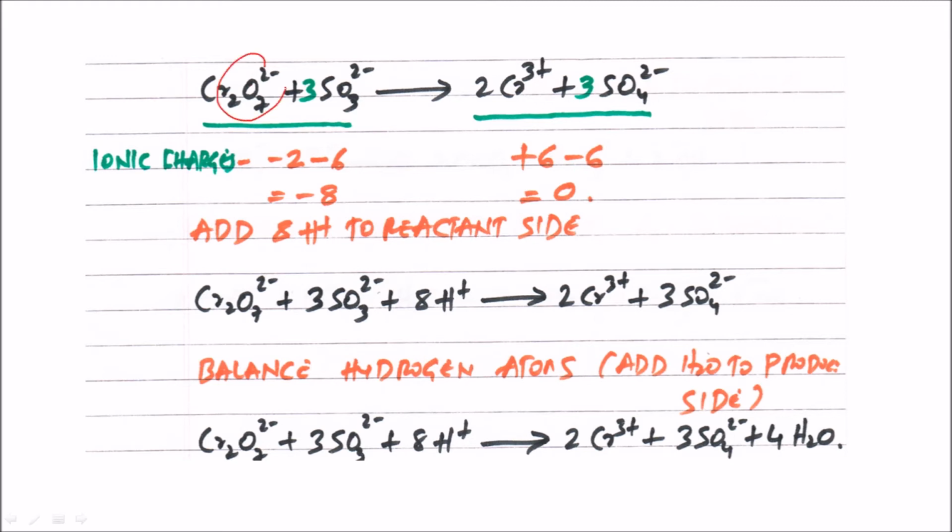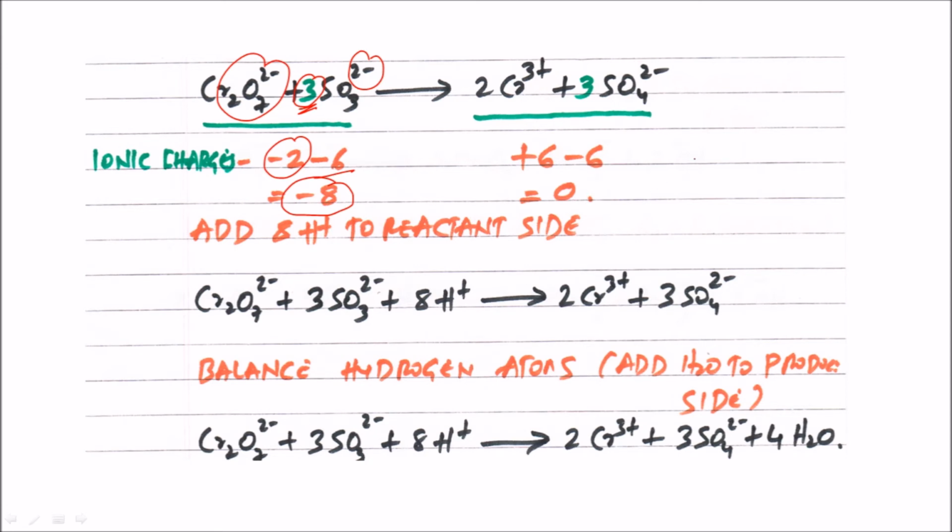How to take that now? You know, dichromate has a charge of -2, so you can see here we're taking -2. Then we got -2 on the sulfite also, right? The sulfite ion. And we got 3 sulfite ions here. So what's the total charge now? Each sulfite has -2, and we got 3 sulfite ions, so it should be -6. If we solve it, we'll get -8. So the total ionic charge on the reactant side is equal to -8.